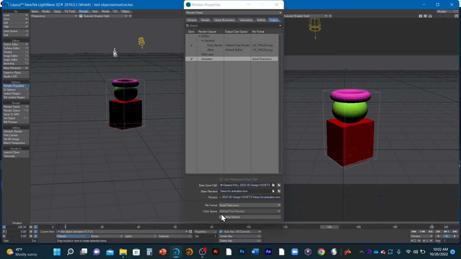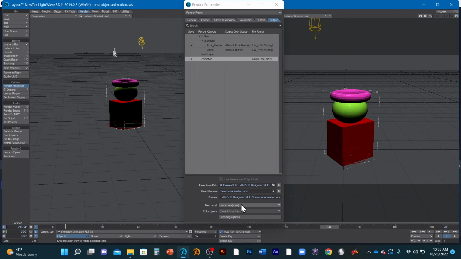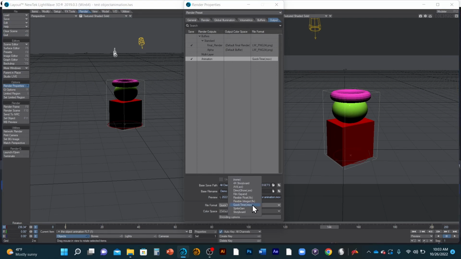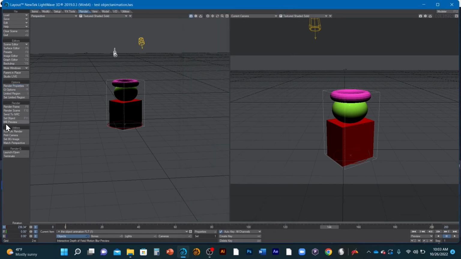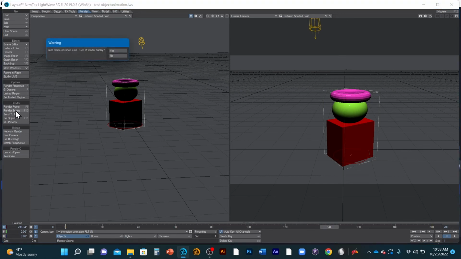Once you have set this up and you have set your file name and your folder and you've selected a file format, depending on Mac it will be QuickTime. You don't need to do anything in QuickTime in encoding. If you're on PC, you go to AVI and then do full uncompressed rendering. And then you click off that, and then you go to something called render scene. And if you click on render scene, it will start rendering